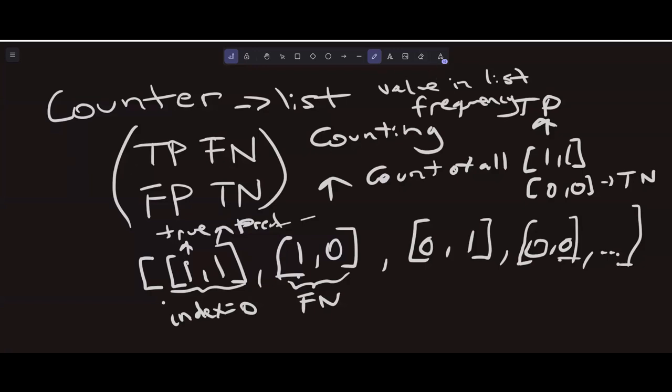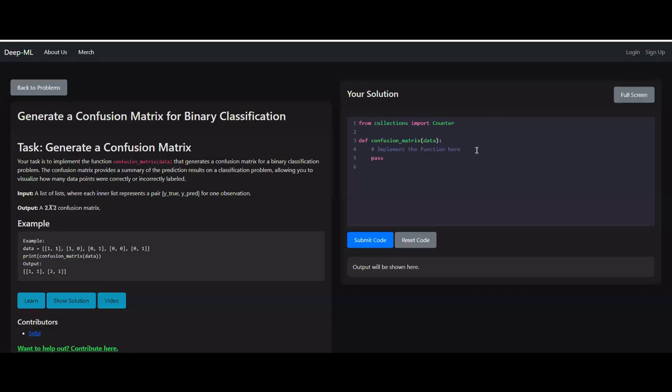So now that we understand what the high-level idea is that we have to do, I'm going to teach you how to do it in code. Great, so now let's dive into the code. As I said before, we're going to utilize this very nice function Counter to count how many occurrences of each element in the list occur. So the way you do this is, let me make a comment, count instances of all of